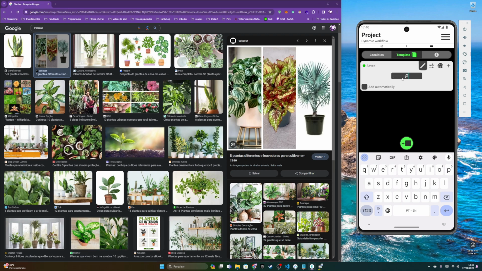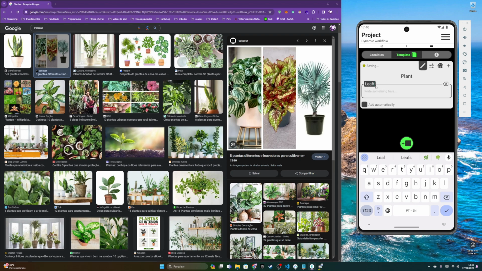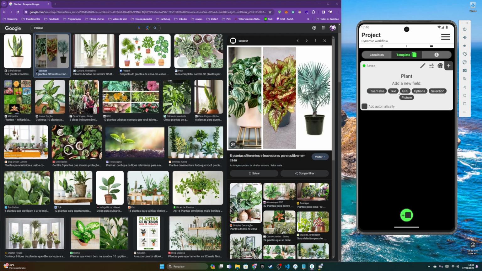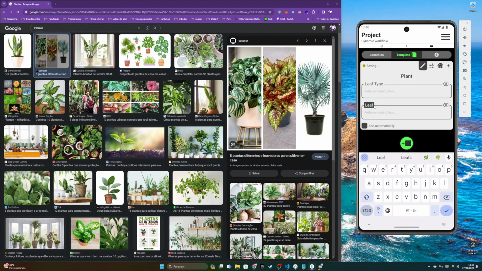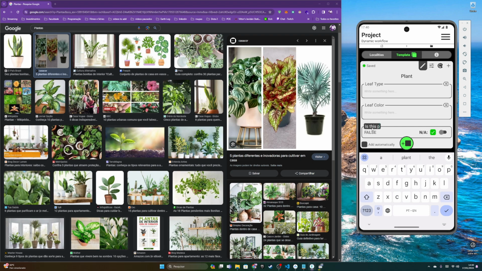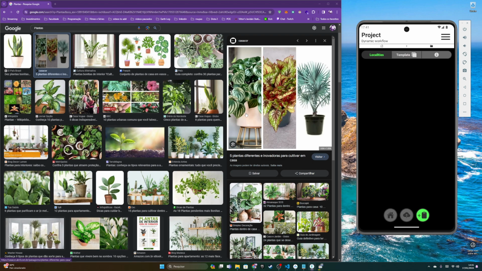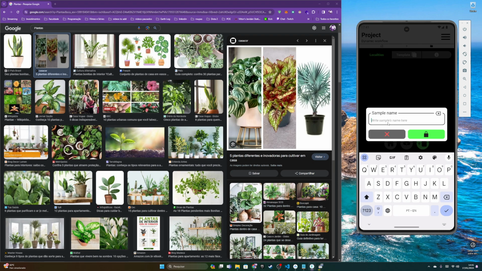Our widget is called plant. We're going to describe the leaf type. We're going to describe the leaf color and a simple question: is this plant in a pot? So by just creating this single and simple widget, we can already do our job here by describing these three plants. So our first locality,